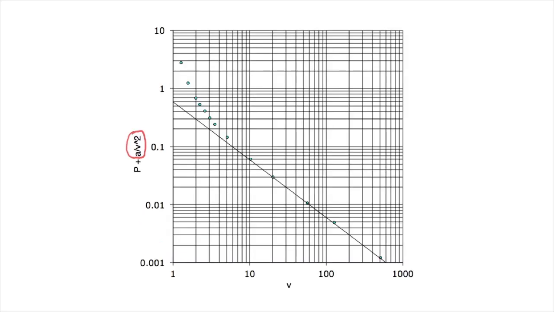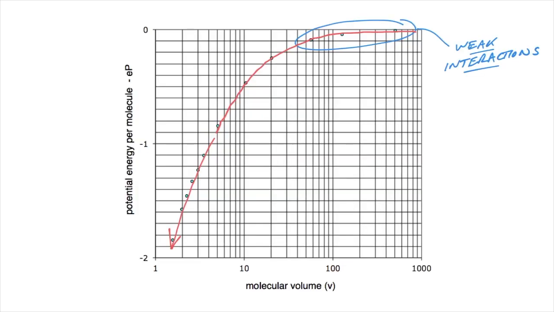To test this, we can make a plot of log P plus A over V squared, where A is a constant, versus log V for the data in our simulation. This largely corrects the negative deviation in pressure at moderate volumes, suggesting we're on the right track. However, we still see an upward spike in the pressure at very small volumes. Intuitively, we might expect this to be caused by intermolecular repulsion when the molecules get near each other, pushing the pressure up. However, as we saw in the plot of potential energy, even when the molecules become quite crowded at small volume, the potential energy continues to decrease,